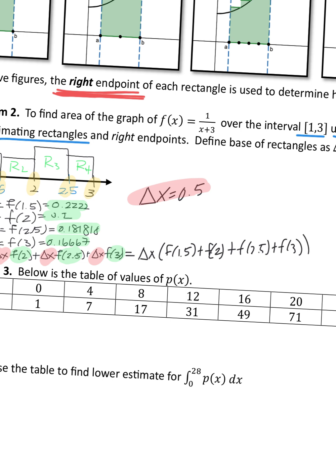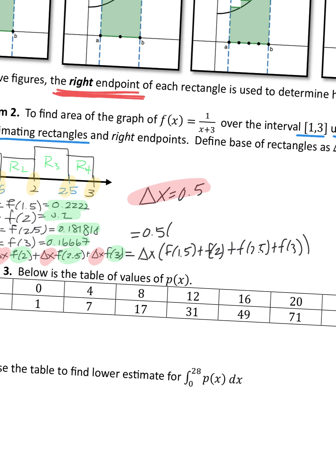And these values, when we compute them, will give us 0.5, and the sum of those four values is going to